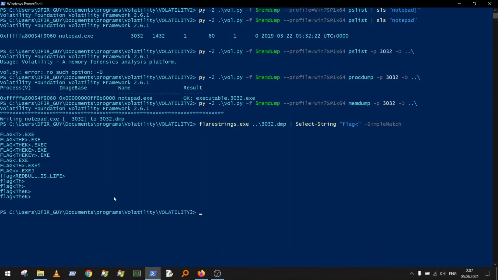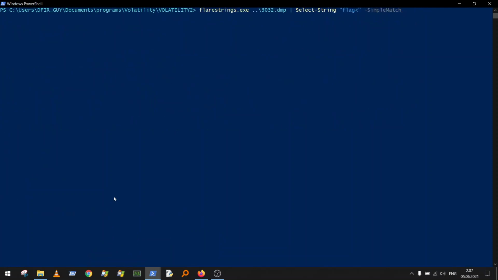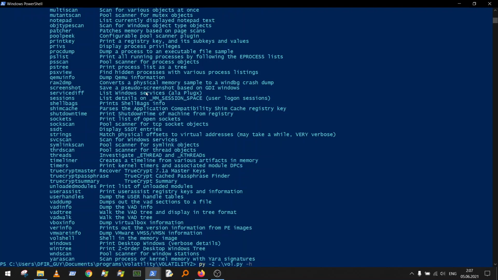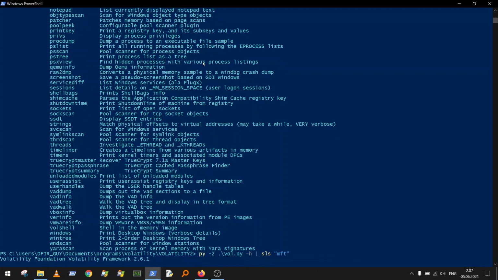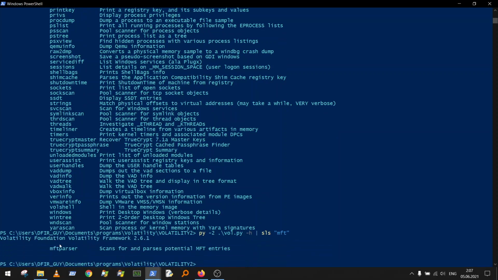So here is a plugin for that. You can do it like help. There should be some plugin related to MFT. So try to do it like this: pipe, Select-String, MFT, and you can see MFT parser. Scans for potential MFT entries. Copy that